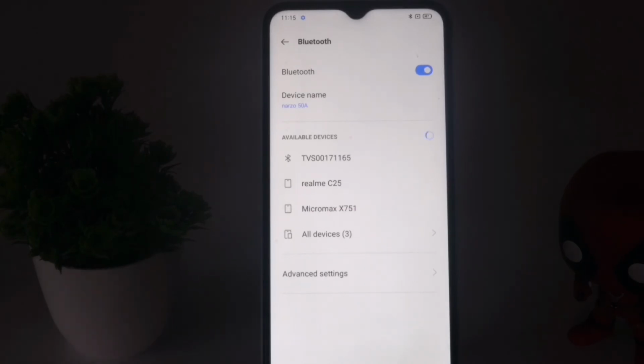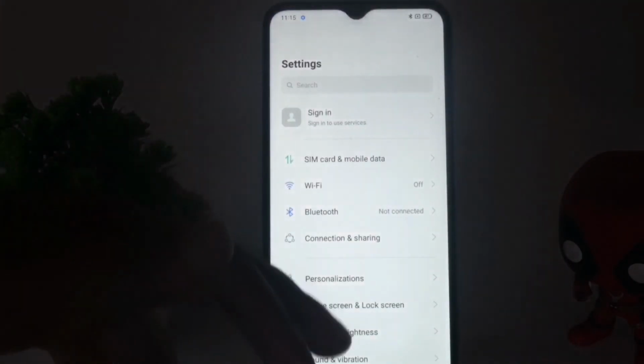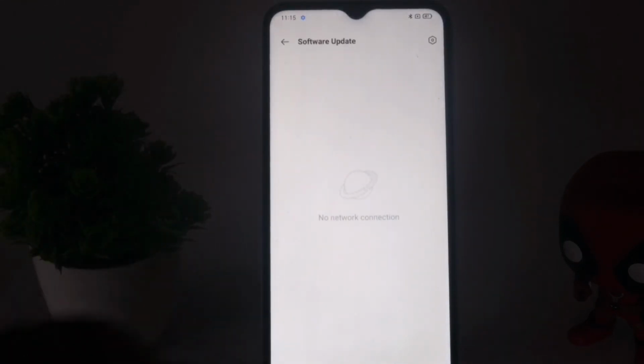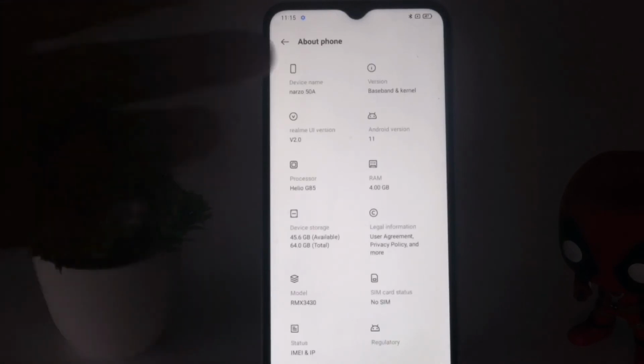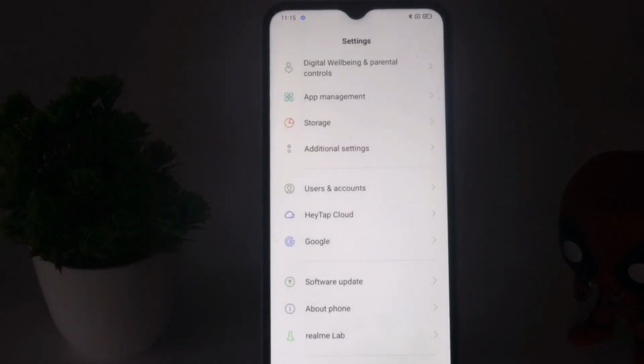And moving on to the last solution I would like to give you guys, there are chances that the actual problem is related to the phone OS. Even if you tried all these steps and it's not enough, then you have to go over here to the software update, and check for a software update and which version is available. Sometimes a software bug can cause the issue. So you just have to update your software and see whether the issue is solved or not.